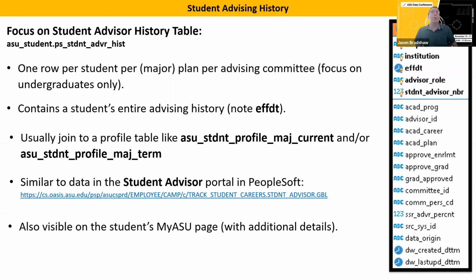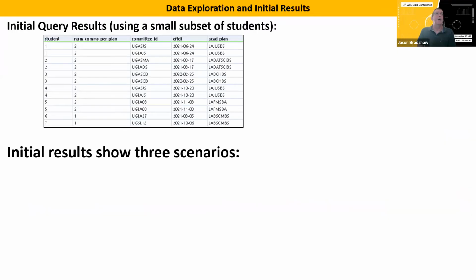So we've been using this advising data for a couple of years now, but with the migration from My Reports and then Oracle, part of the migration is that we moved from My Reports to Hyperion, the BI desktop, and then moved from Oracle to Redshift. And so in doing so,